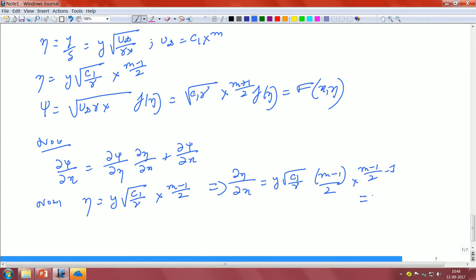Which gives you, got it. So, d psi by d neta is equal to